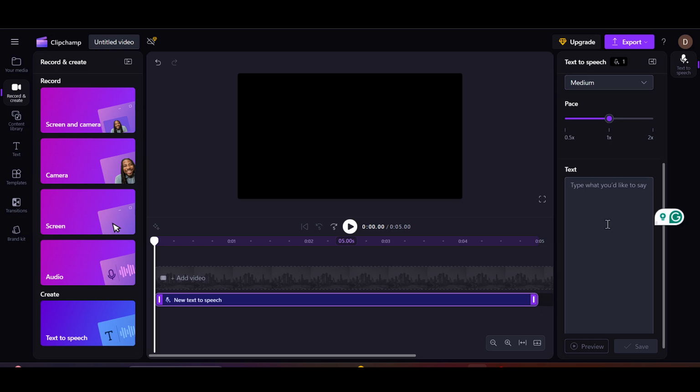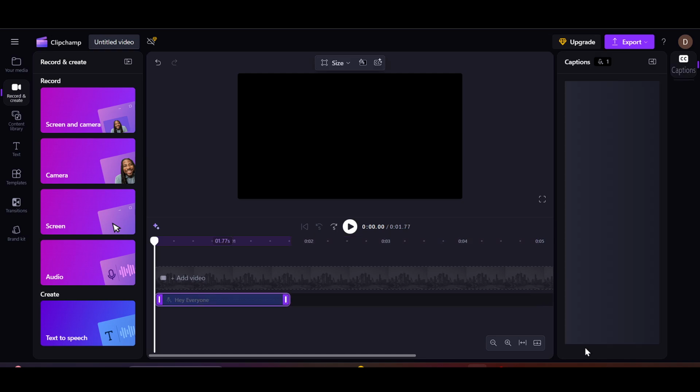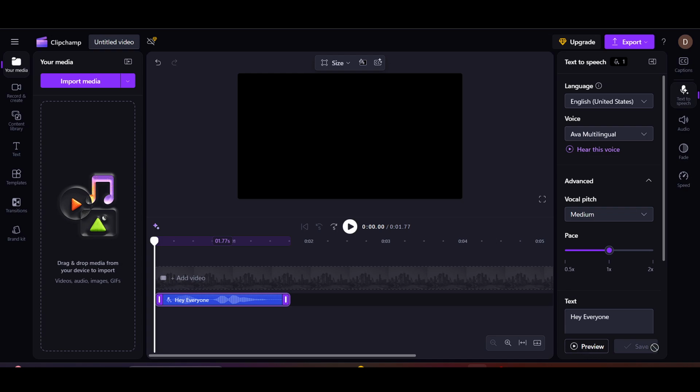what you'd like to say, like, hey everyone, like this, and you can then type your text here. And after when you are done, click on the save option to save everything. And if you want to, first click on preview and then save your work. Now, after saving, as you can see,